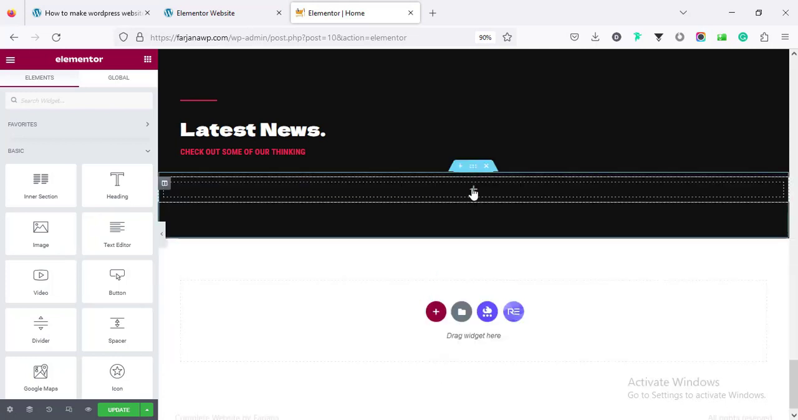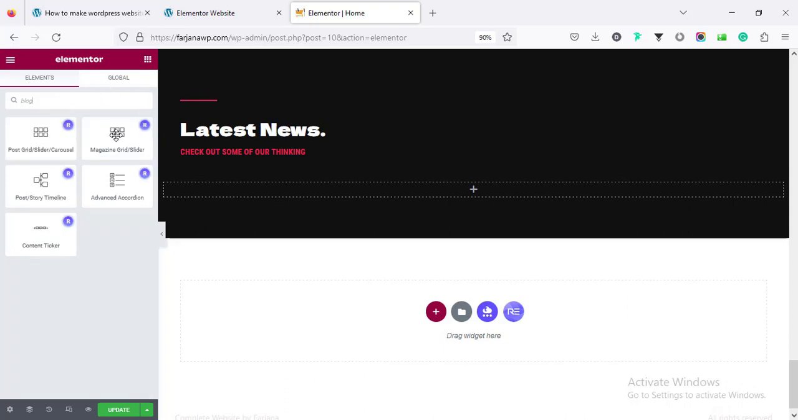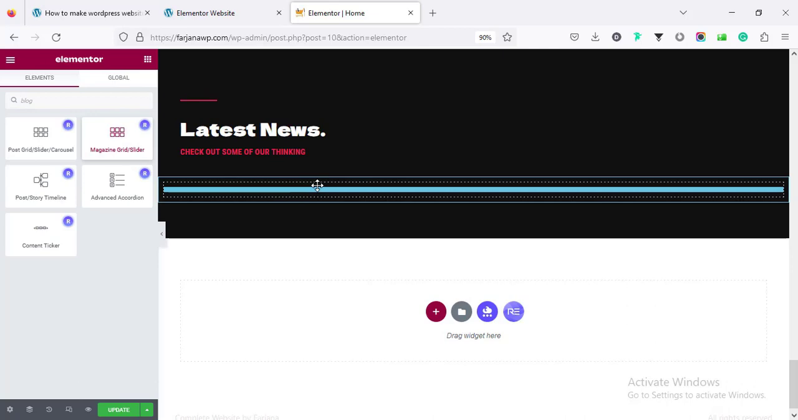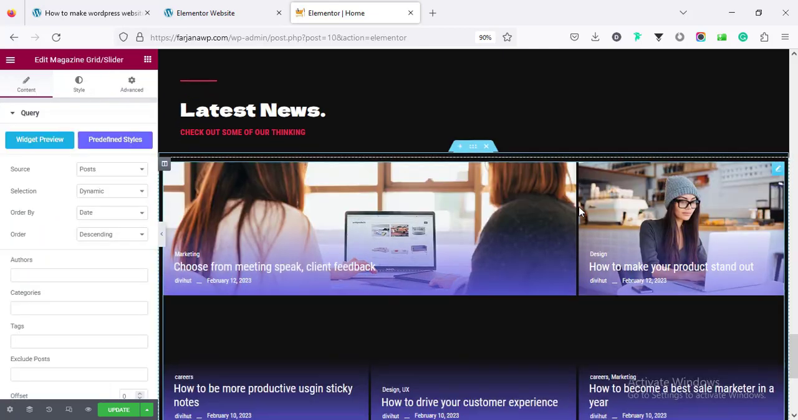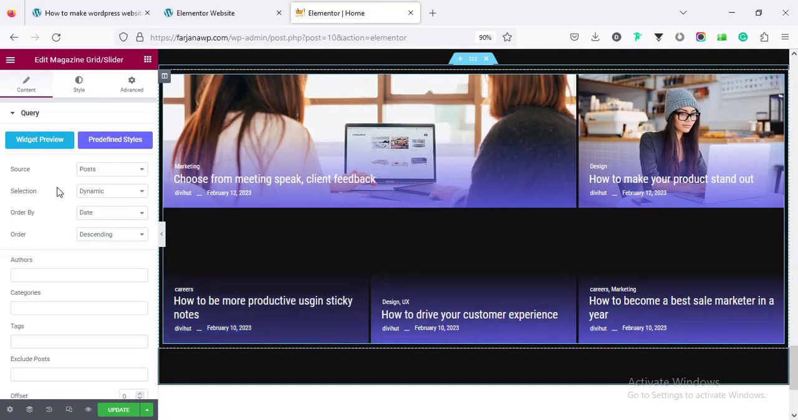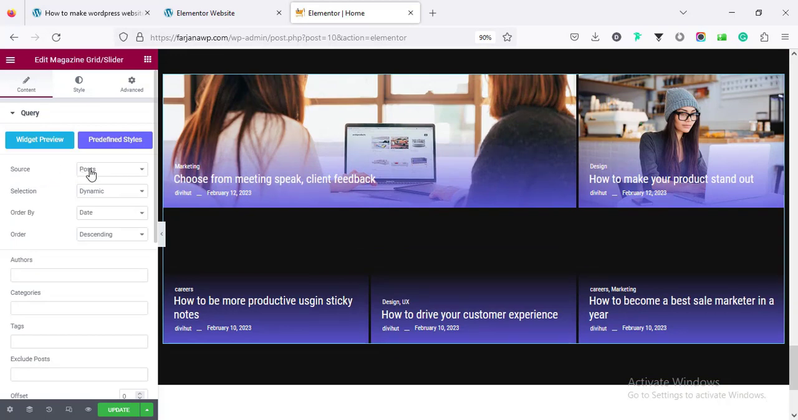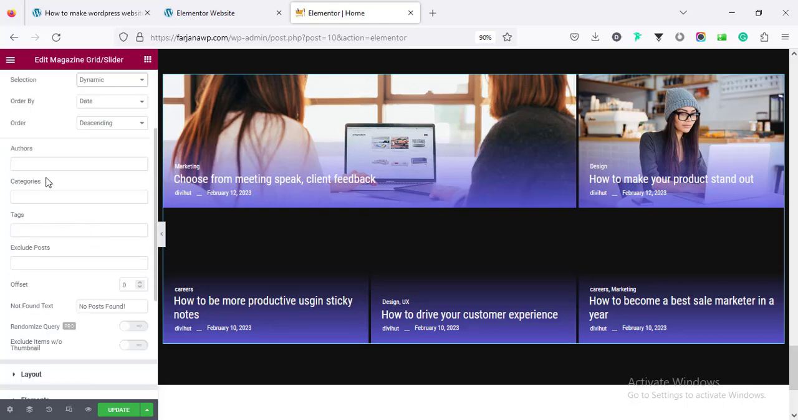and instead of this I'm searching for blog post. I'm taking this one, magazine grid or slider, and I'm going to customize it. Here is the source is coming from post, selection dynamic, order by date, descending. We can also filter it out by author, by category, by tags,